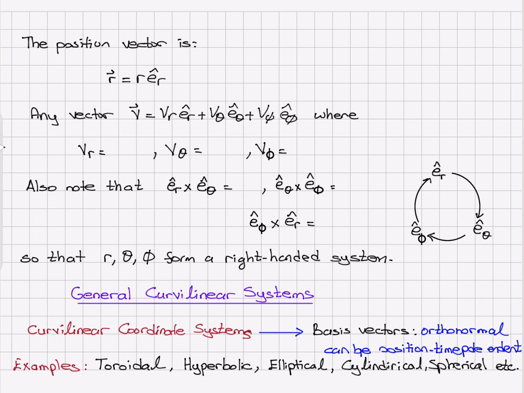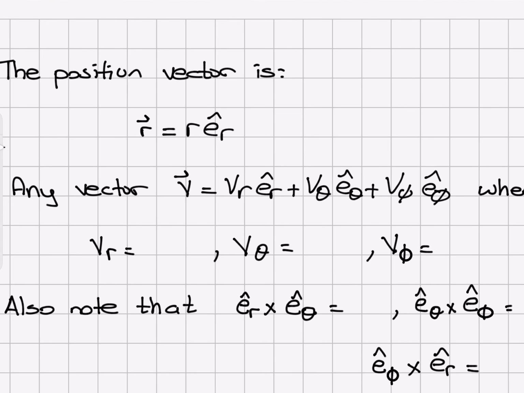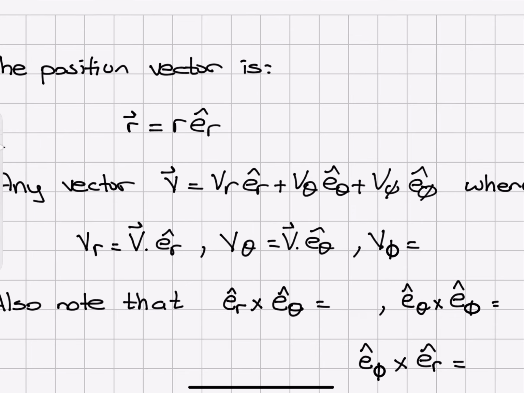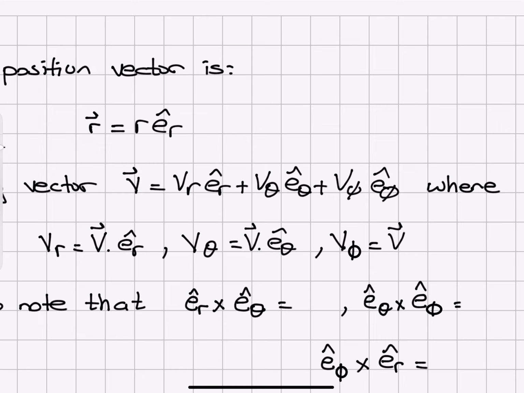So here we find the components. V r, the component on the radial axis, is v dot e r hat. The component on the polar axis is v dot e theta hat, and